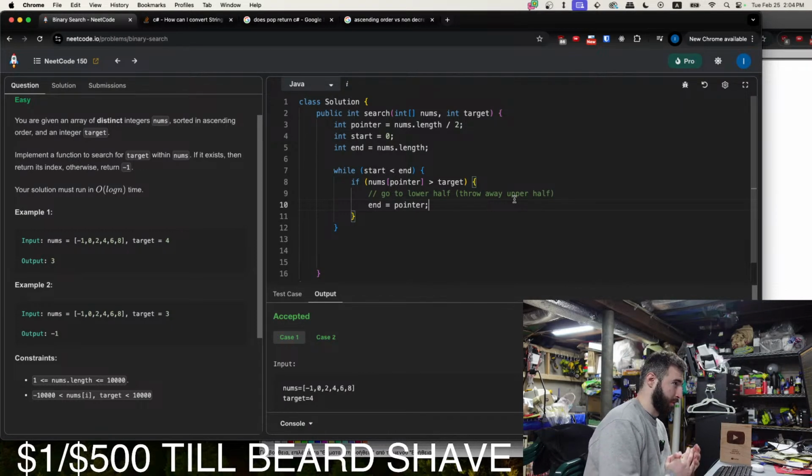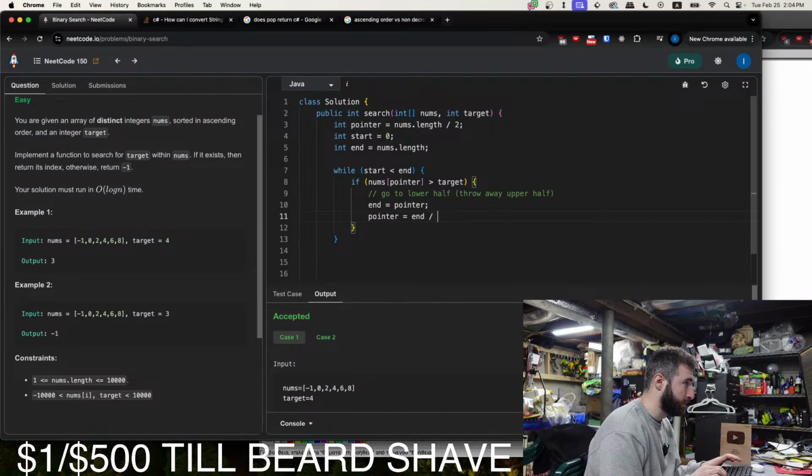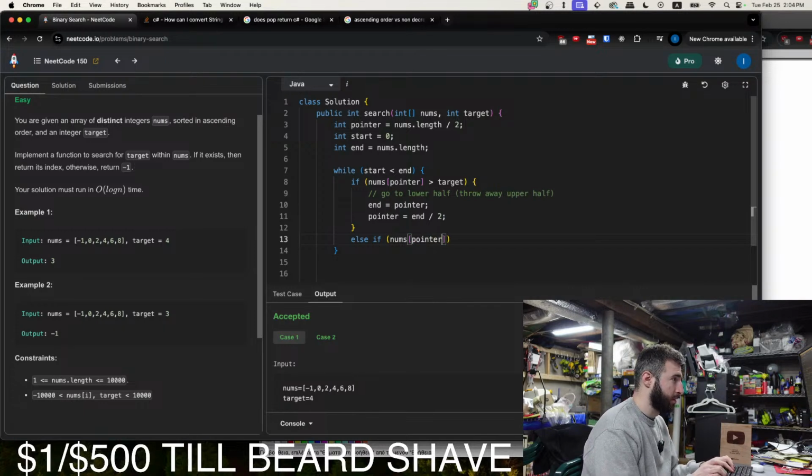If nums pointer is greater than target, we go to the lower half, and we want to set the pointer equal to n divided by 2. Else, if nums pointer is less than the target, you want to throw away the lower half.